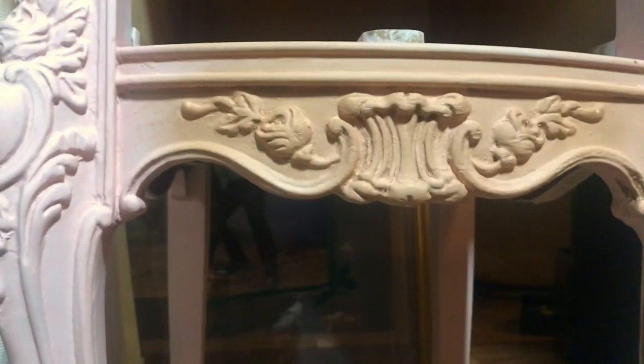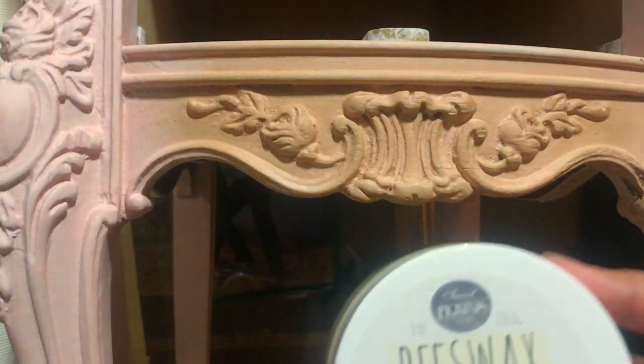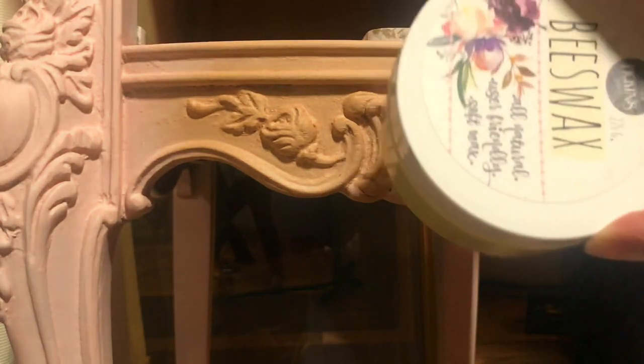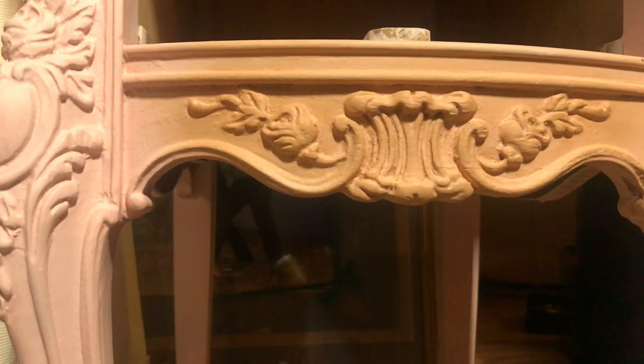So see, all of that stuff that was in the ridges is now gone. You can't really get that with a rag, I don't think. That's why the brush comes in handy. And at this point, all of that dark wax is everywhere. It kind of gives it that coffee stain look. You can see the contrast from the leg and from that detail, but it has too much,